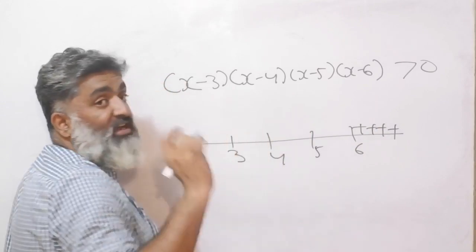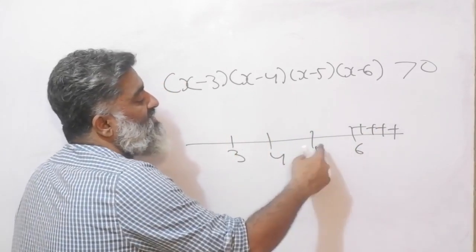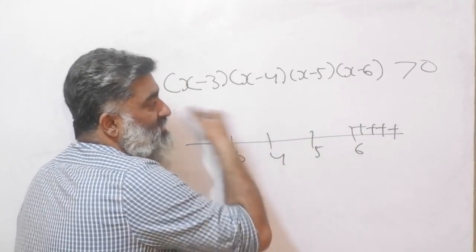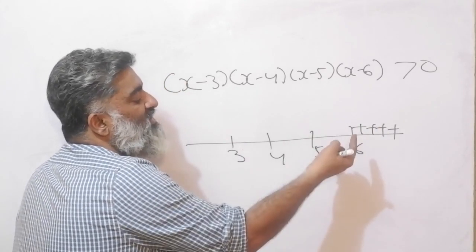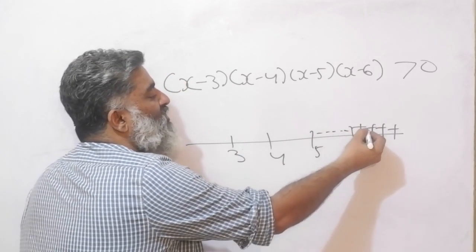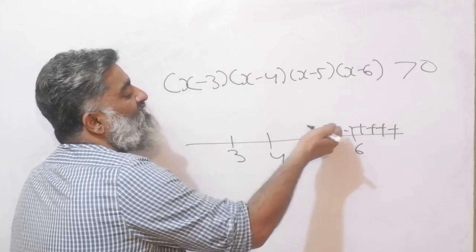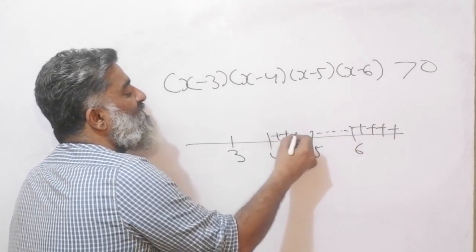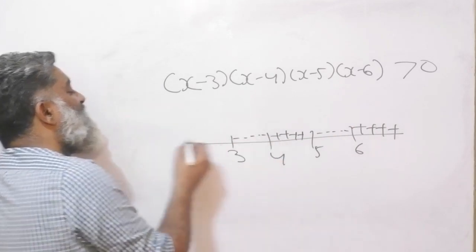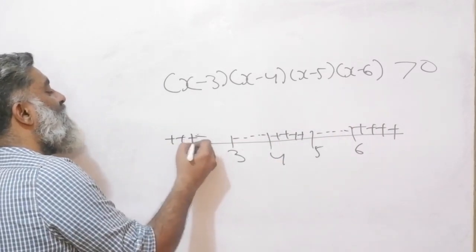And again, if you have any doubts, always plug in a number and see. Anything between 5 and 6, put 5.5 in the expression and see what happens. I'm just going to follow the logic. The alternate region is going to have alternate polarity. If this was positive, this will be negative. The next region will be positive, the next region will be negative, and the next region will be positive.